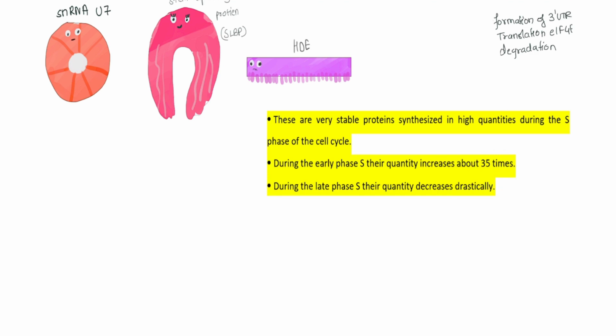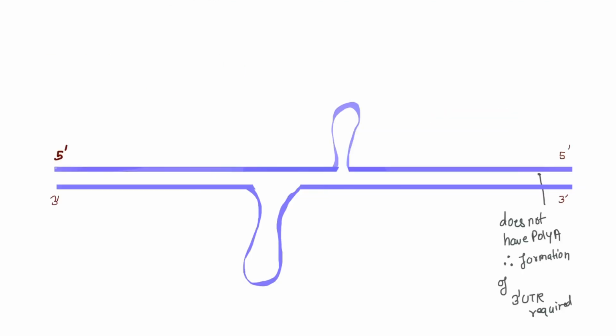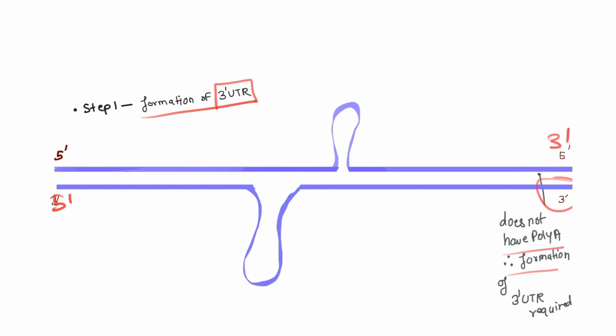Now, let us look at this histone mRNA protein right here. The gene that codes for the immature mRNA does not really have a poly A tail. So according to this information, the next step would be formation of the 3' UTR region. 3' right here. Sorry, 5' here. So the formation of the 3' UTR is initiated